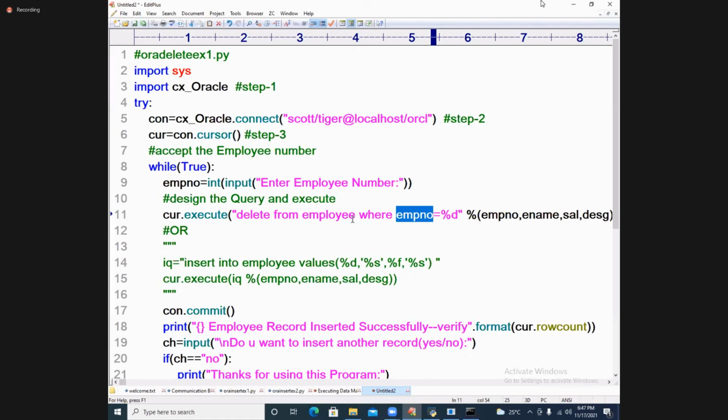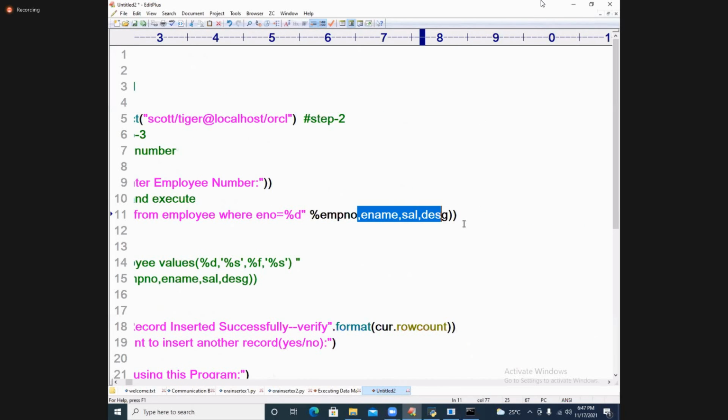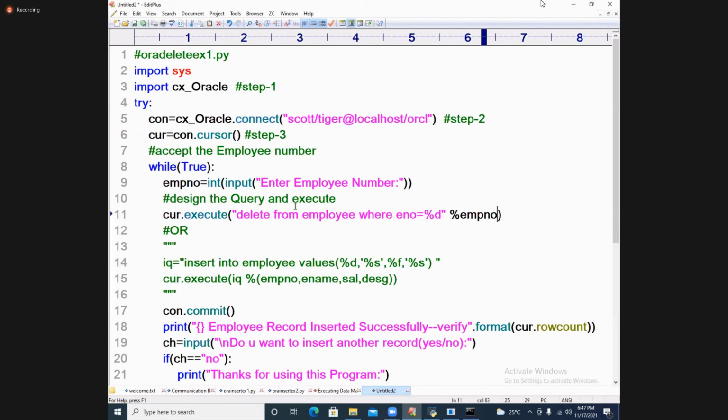EMPNO in this table? Do you have employee number in this table? No. So I need to write ENO, %d here.